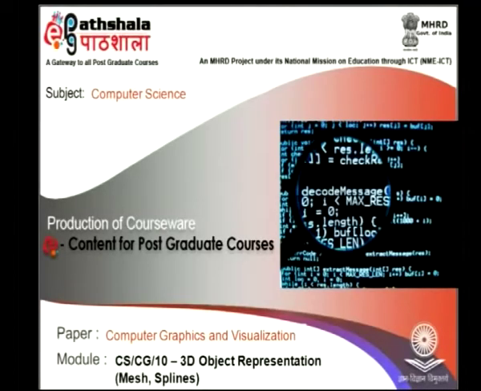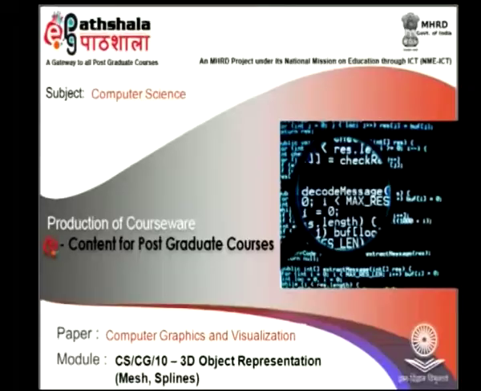And in this lecture today, we'll be talking about 3D object representation, and in that specifically we'll be focusing on modeling using meshes, polygon meshes particularly. And let us also look into maybe some introduction to splines as well. So let us start with 3D object representations, and then we'll be getting into mesh modeling and further discussion on